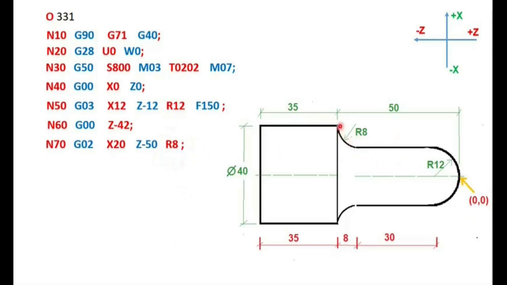Okay, so it will do this operation, and then the tool will finish its work and move to the machine 0. Then the spindle will switch off, coolant will be switched off, and the program will end. So in this program we have discussed only how to create a simple curve. In the next program we will discuss completely how to do both a turning operation, regular turning, with the curve. So we will stop here.